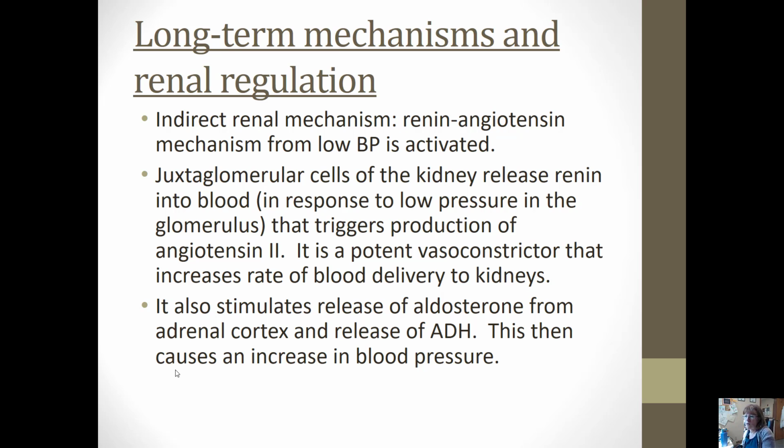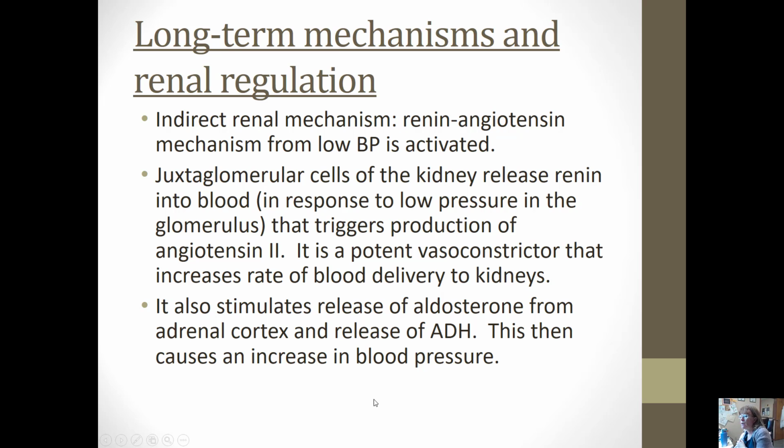Then as angiotensin 1 passes through the blood vessels in your lungs, there's a second enzyme called angiotensin converting enzyme that will change angiotensin 1 into angiotensin 2. And then it's angiotensin 2 that goes and does everything. So what does angiotensin 2 do? We've already said, first of all, it causes potent vasoconstriction. Then, so that can cause increased delivery to the kidneys,